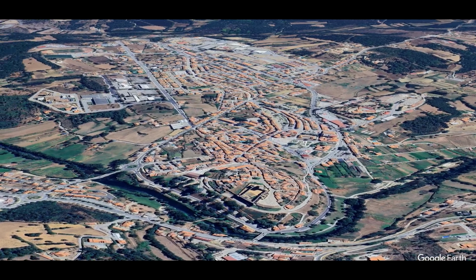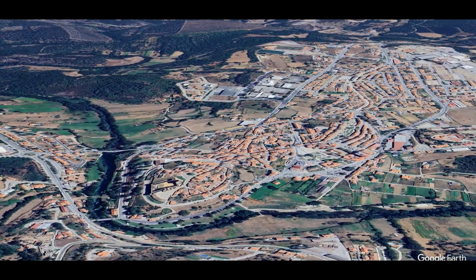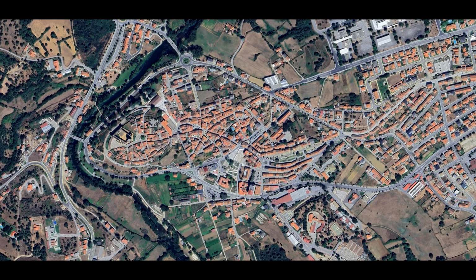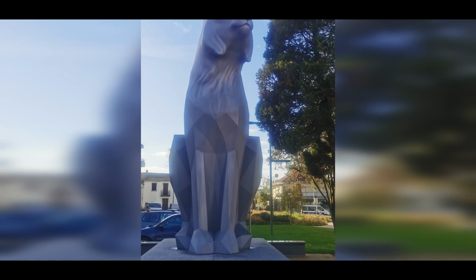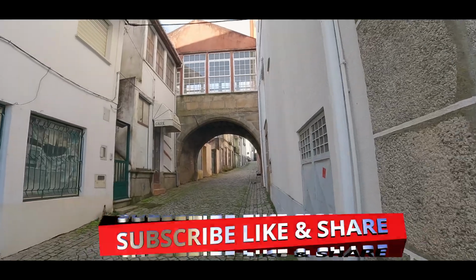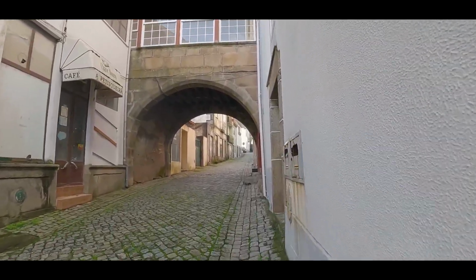Sabugal has approximately 3,000 inhabitants, and is located very close to the border with Spain, playing a key role in the defense of the borders with the neighboring Kingdom of Castile. As for parking, you will not have a problem, as you will have several spacious and free parking areas located very close to the historic center, and even a small free service area for caravans. Sabugal gives access to the Sierra de Malcata, primarily intended for the preservation of the Iberian lynx, of which we find a statue in the square April 25th, where we begin our visit to the city,